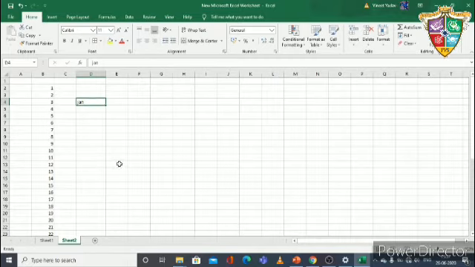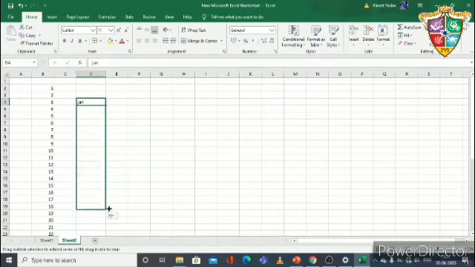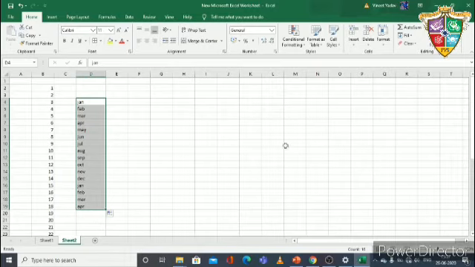Just write only Jan here, no need to write Feb, and again go to the cell's right corner. When your cursor converts into a black plus sign, then drag it. See, it is done within seconds.